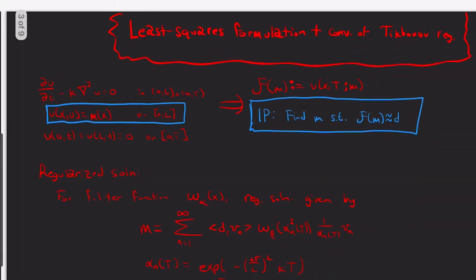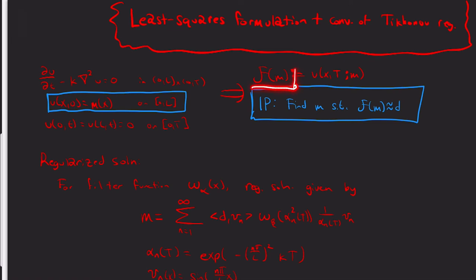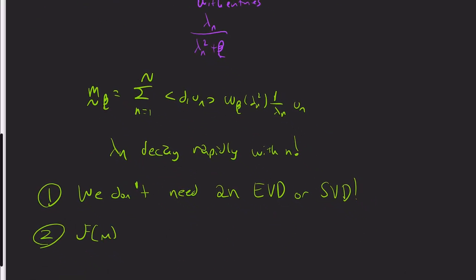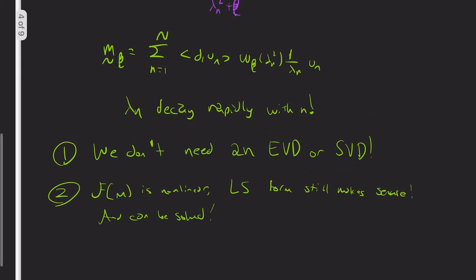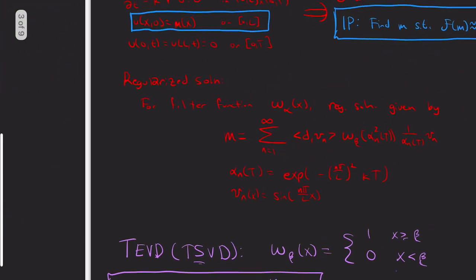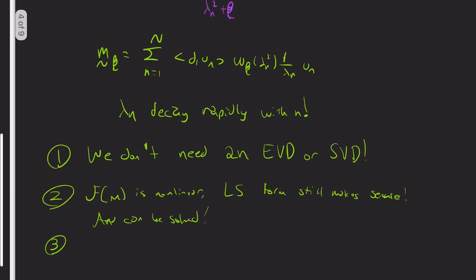Now, notice also that this map, f of m, is actually linear in m, because it's just taking a Fourier series at the end of the day. So that's a linear map. If f of m is nonlinear, the least squares formulation still makes sense and can be solved. There are tons of packages out there for optimization, so it can still be solved. And yes, like I said, there's software available to do those types of things. Whereas you'd have to come up with a whole other formulation for nonlinearity to figure out a way to do something like this. And then finally,